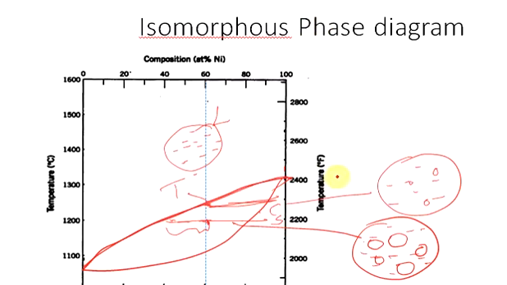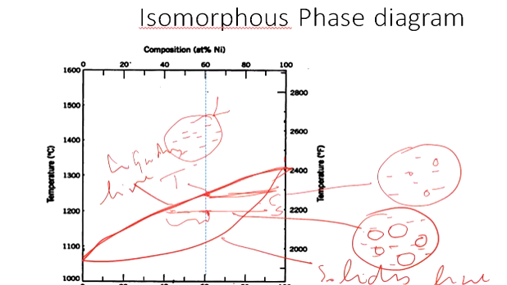So as we lower the temperature further down, the fraction of solid form increases, and when we reach the solidus line here, this is the solidus line, and this is the liquidus line. When we reach the solidus line, the solidification process is complete. Hence, it will be completely crystalline. It's actually polycrystalline, so if you look at the phase diagram, it will be a polycrystalline structure.